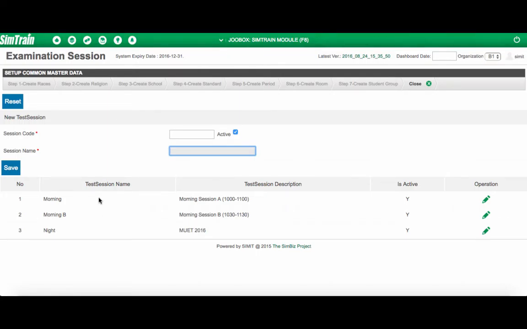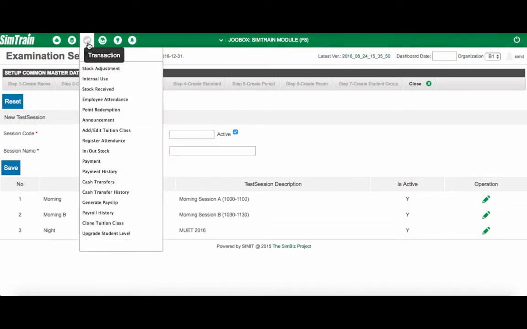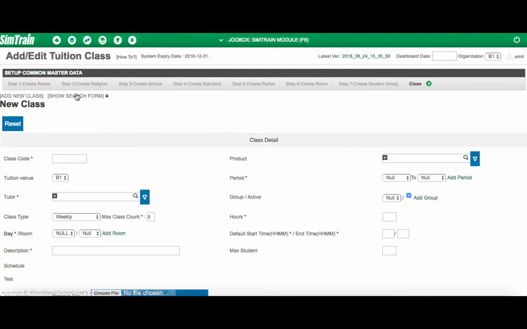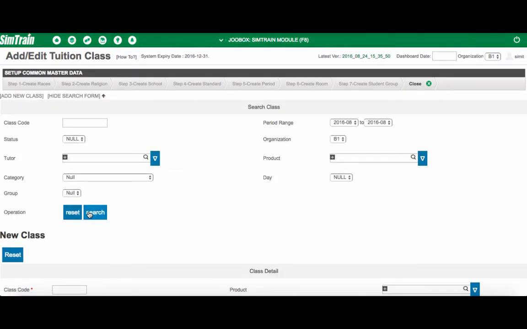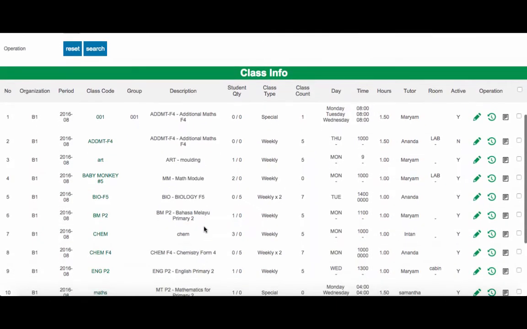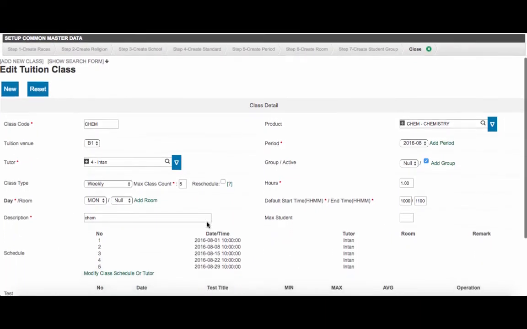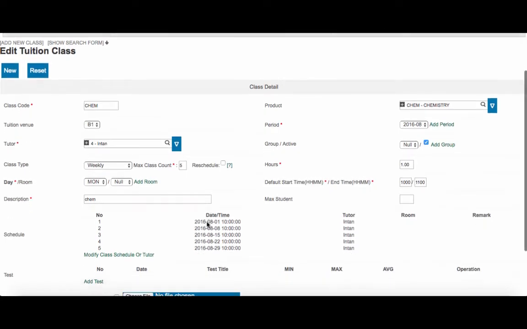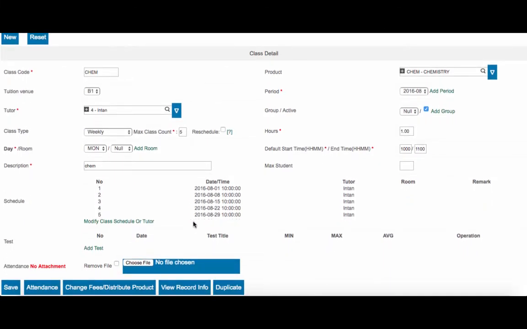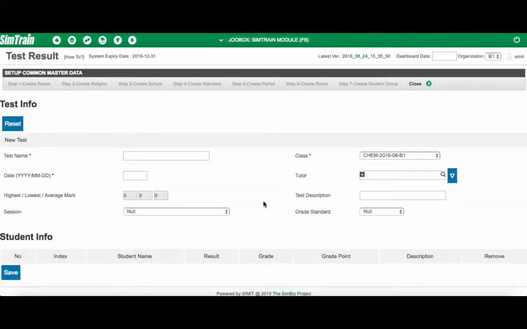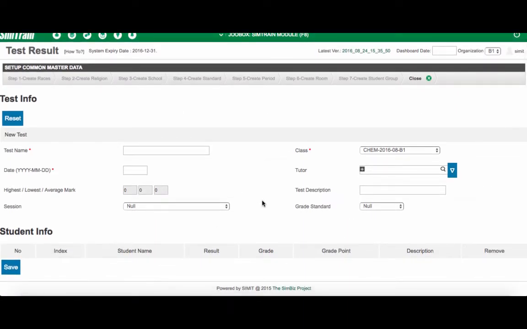Later, you have to create the exam or test based on the class that you have. So you're going to transaction and go to tuition class and search for the class. For example, chemistry class will be having a test next week. So now I'm going to search the class on the list and add a test to it. And also select necessary information, insert a test name. For example, I'm going to put in semester 1,